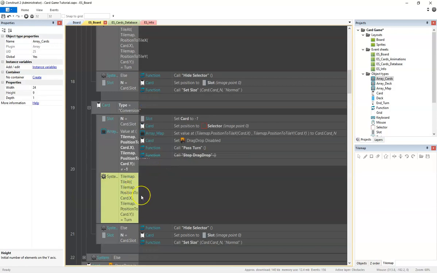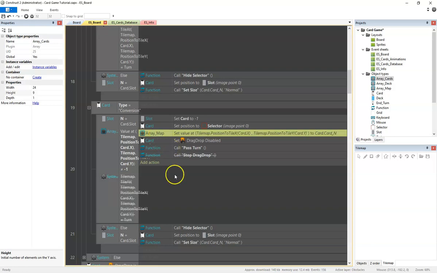We don't need this one, so I go to disable this, because the card can be any card of any player, so it's fine. So I disable this one. You can delete it, but as usual, to keep the code clear, I just leave it there. And I go to disable this line as well, because I don't want to put the value of the card